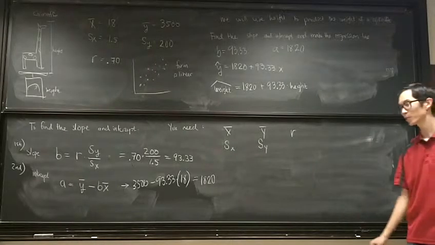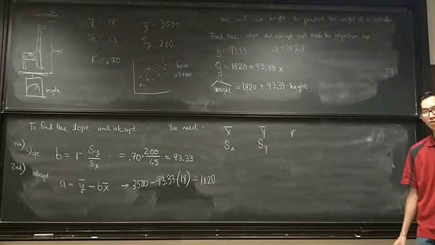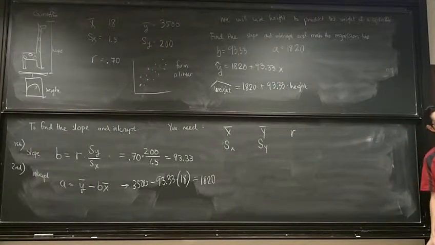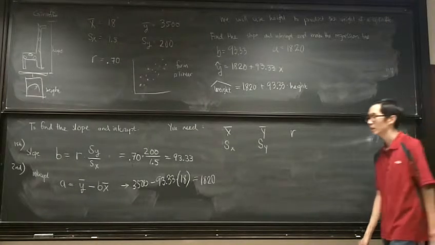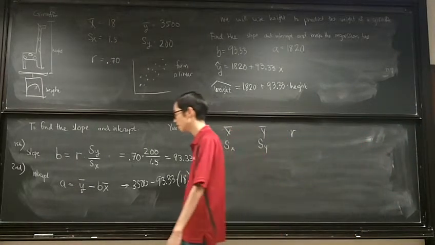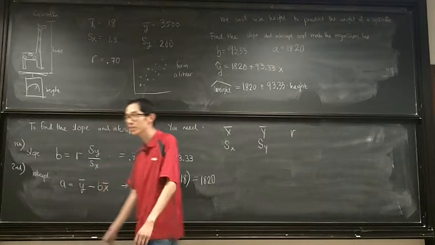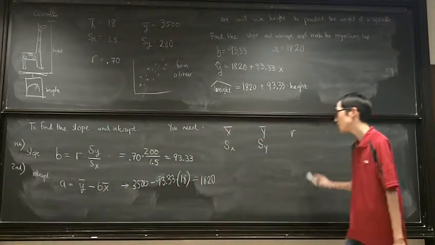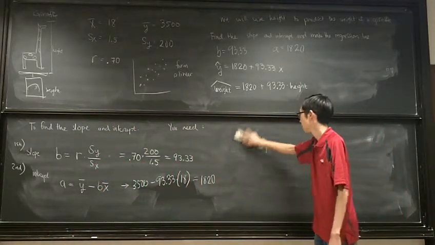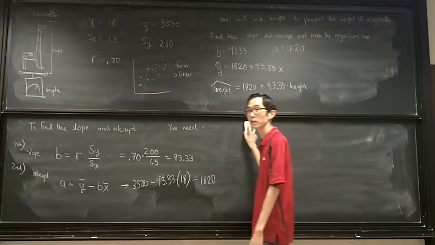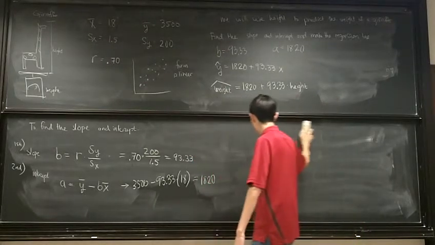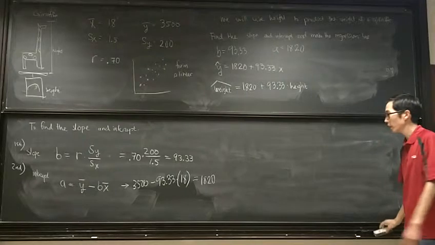You got 1820 by a totally different way. I don't know what you did, but this is the only way I know how to get it. So it could be a happy coincidence that it worked, or maybe you're actually doing something right. Okay,